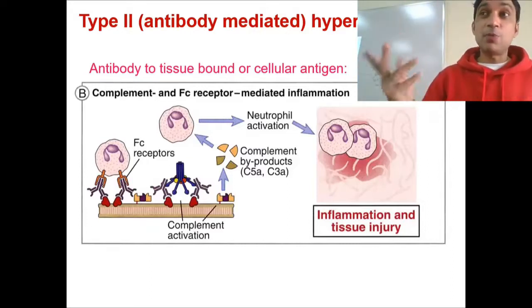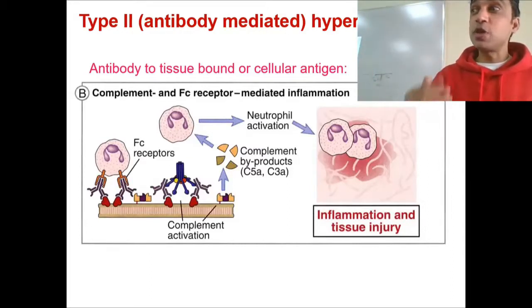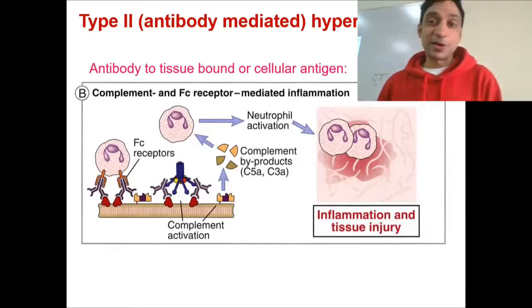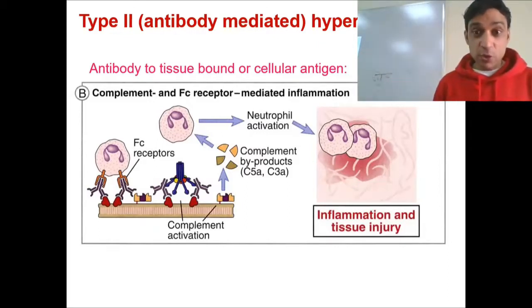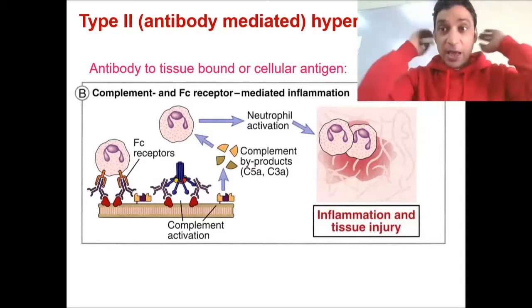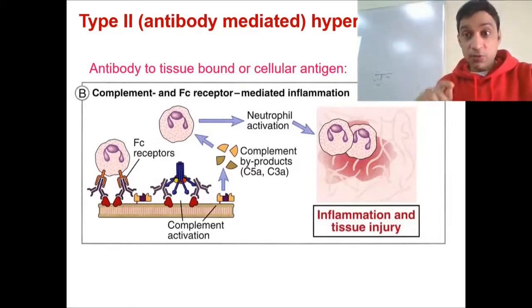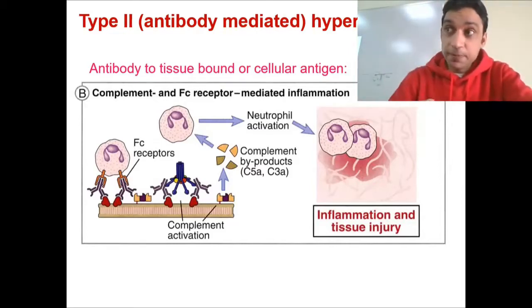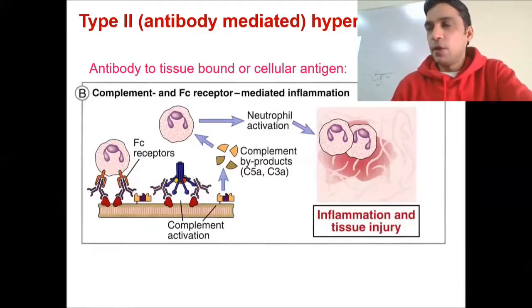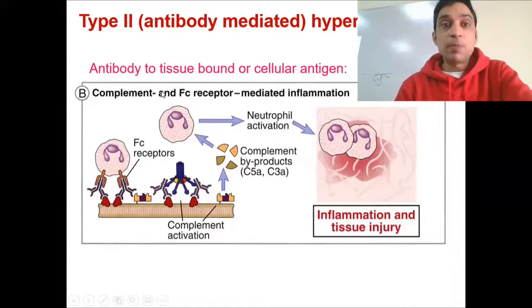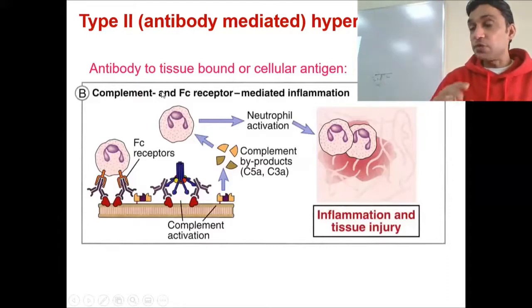So what a difficult job the immune system has. First it has to catch the threat, and on top of that it has to catch the right thing. Since the parameters are quite complicated, the chances of error are very high. And one of the errors is that the immune system starts reacting against less toxic or non-toxic stuff. So okay, now let's see how an antibody mediated hypersensitivity occurs.